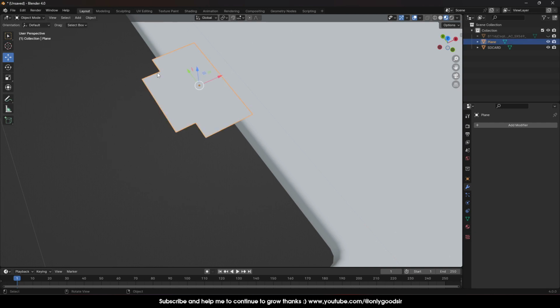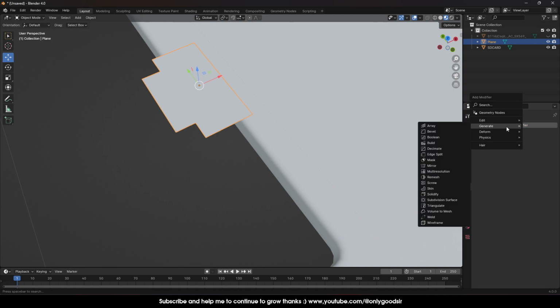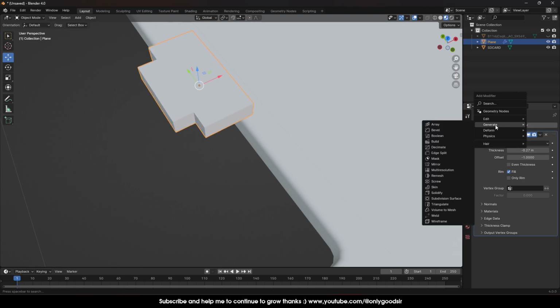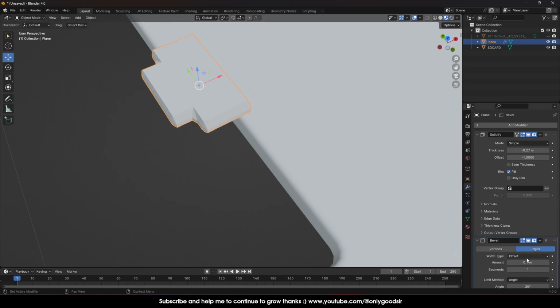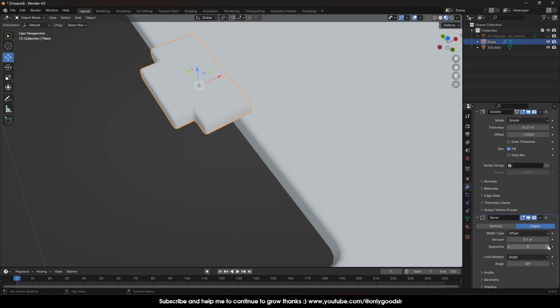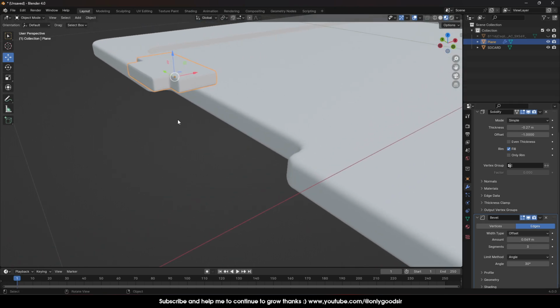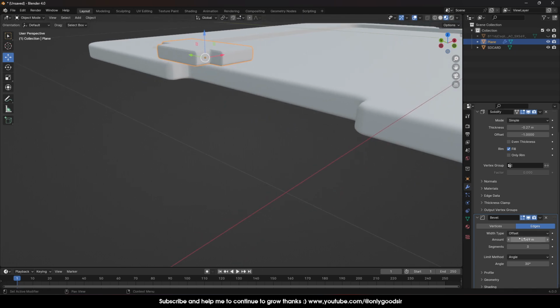Now what I want to do is add a bevel and a solidify on this. So solidify, boom, and followed by a bevel, and of course increase the segments and change that. There we go. And apply that. Maybe you're going to change that thickness a bit more on there, so a little bit more. I'm going to say apply,